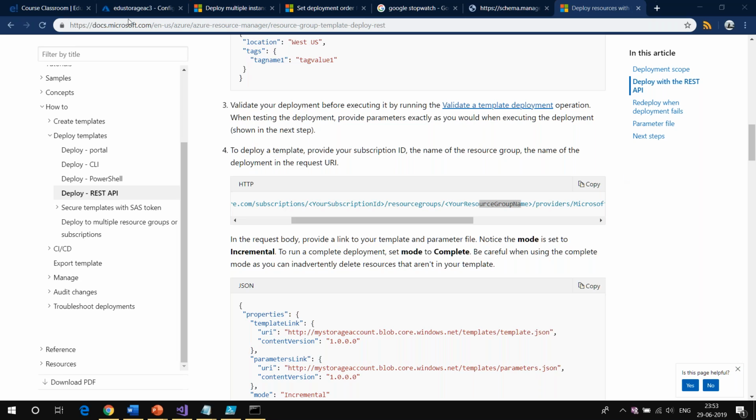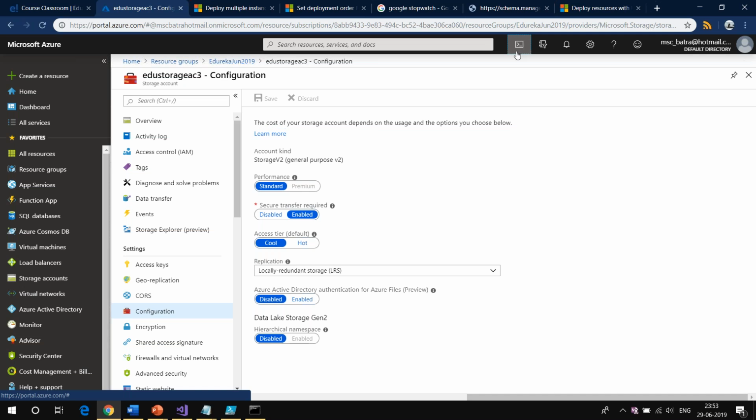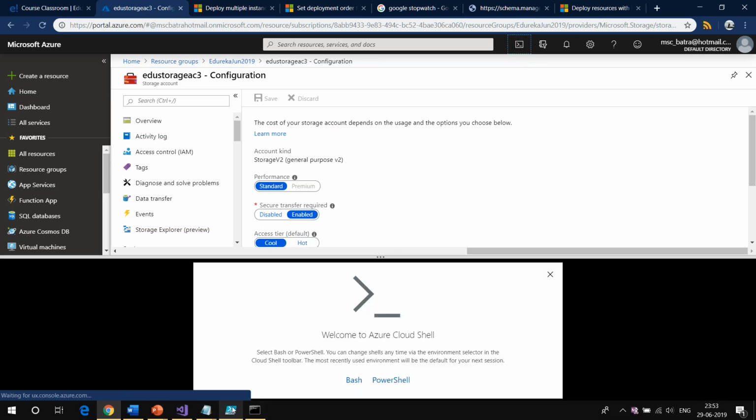Yes, if you are using the cloud shell, or the local PowerShell, or, for example, bash commands in the cloud shell, or if you're running from Linux bash commands, both of them are the same. And Roshan is saying to create resource group from PowerShell. Roshan, yes, I see the link. So guys, you can create the resource group from the PowerShell, but you cannot create resource group via ARM templates.